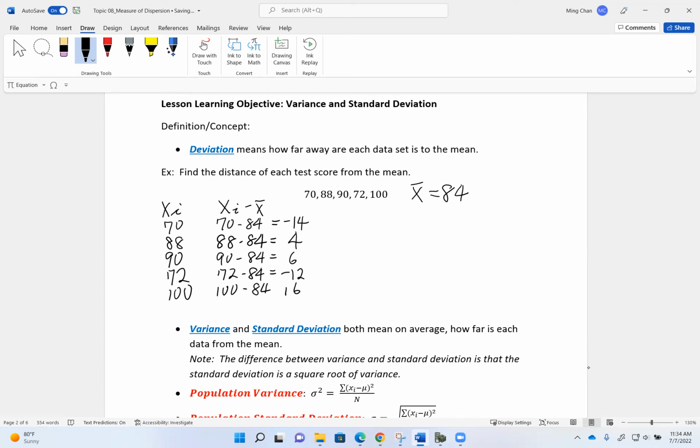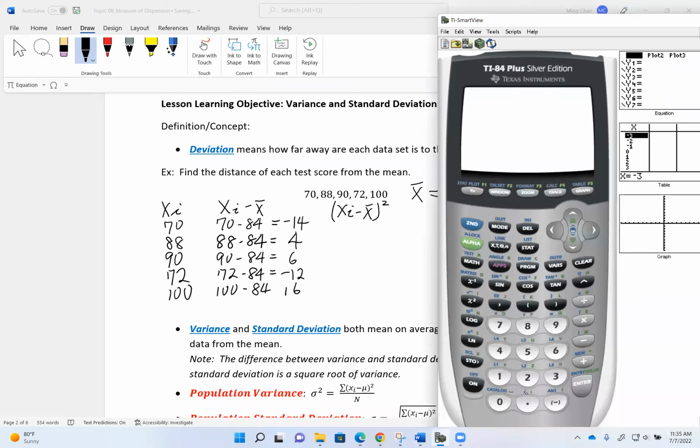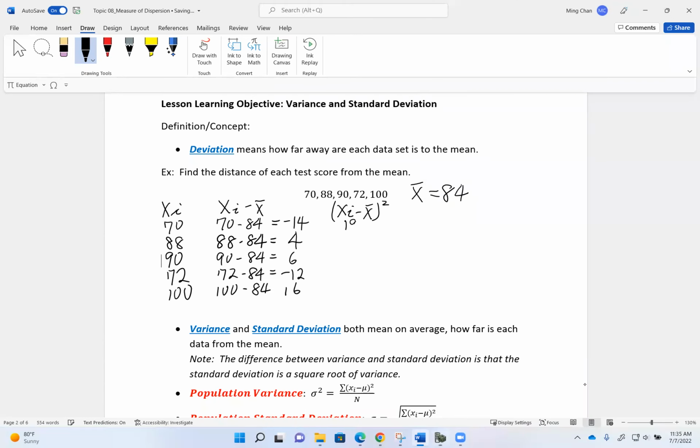Okay, now we're talking about distance, right? Distance is normally measured in positive values. So what I can do is take these answers I just got, the xi minus the x bar, and square them. Because if I square each one of these numbers, it will all become positive. So if I take the entire negative 14 squared, I get positive 196. So 4 squared is 16, 6 squared is 36, negative 12 squared is positive 144, 16 squared is